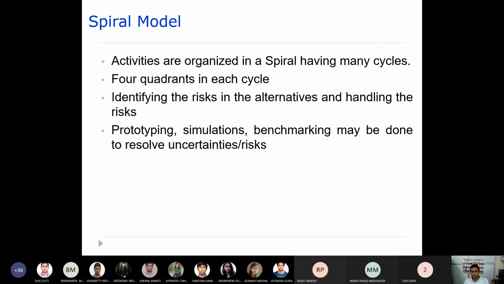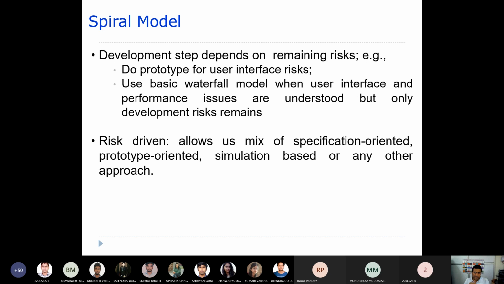Now, the development step depends on the remaining risk. The third quadrant is the development step, which depends upon the remaining risk. So do a prototype for user interface risk. Let's say the user is not clear about what sort of interface they want; then you go through a prototype.